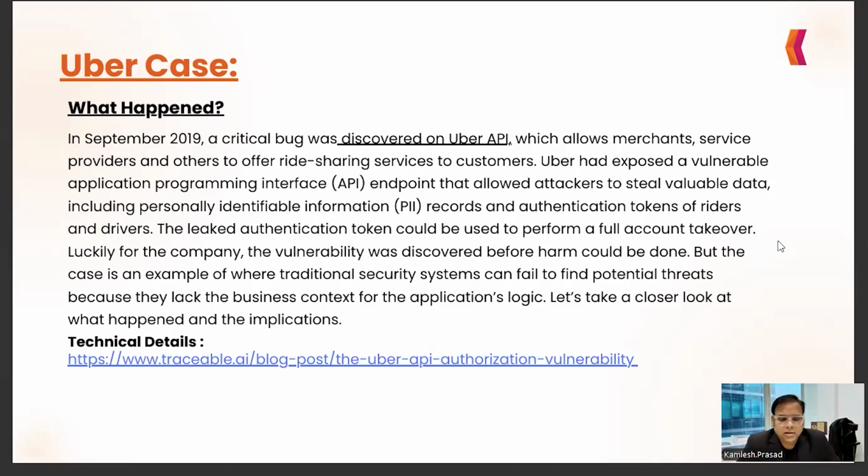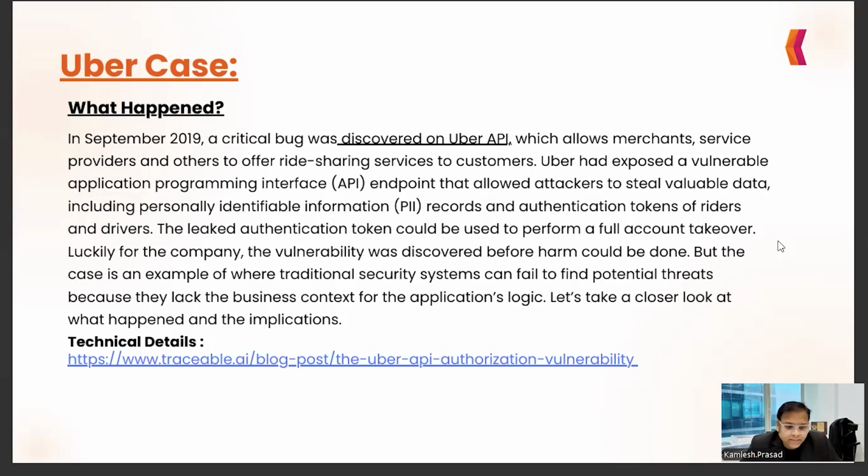Uber had exposed a vulnerable API endpoint that allowed attackers to steal valuable data, including PII, which is very close to everyone's personal information, along with the authentication tokens for riders and drivers.